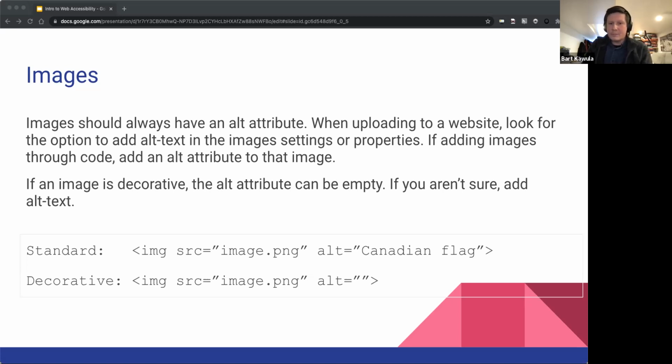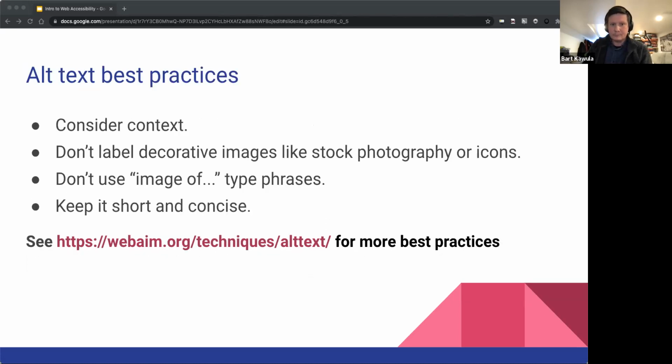That's for decorative images, but if the image is part of the content, then it most definitely needs to have some sort of text value. Writing alt text is an art, but there are a few things that should be considered to get it mostly right. Most importantly, it's context. Is an image described in the text? If so, a simple caption is enough. If the image requires more of an explanation, the text should be moved into its own paragraph text or like a description